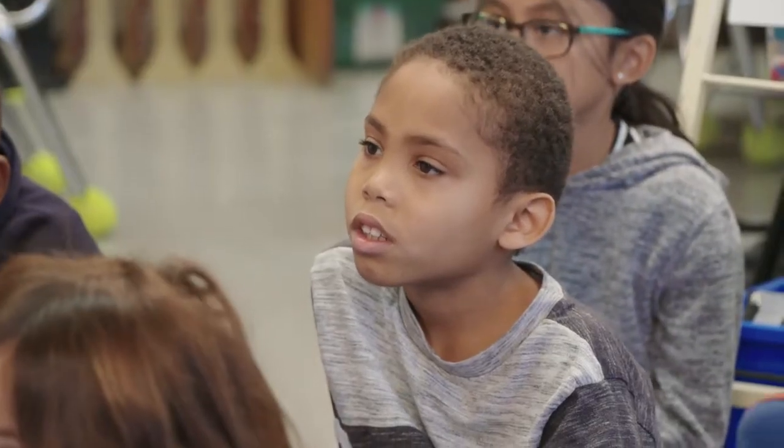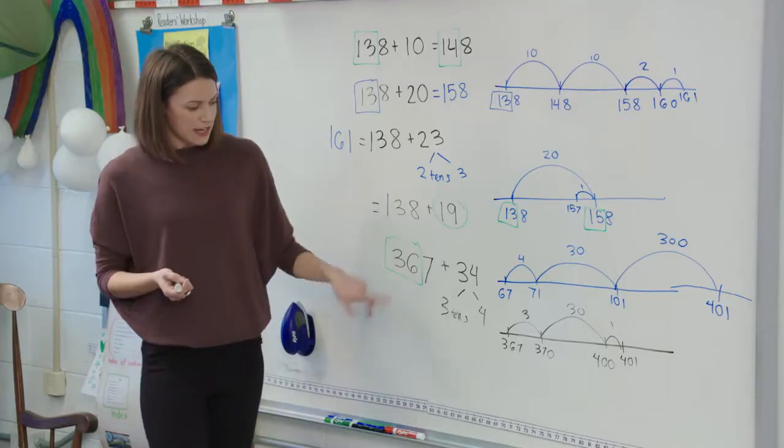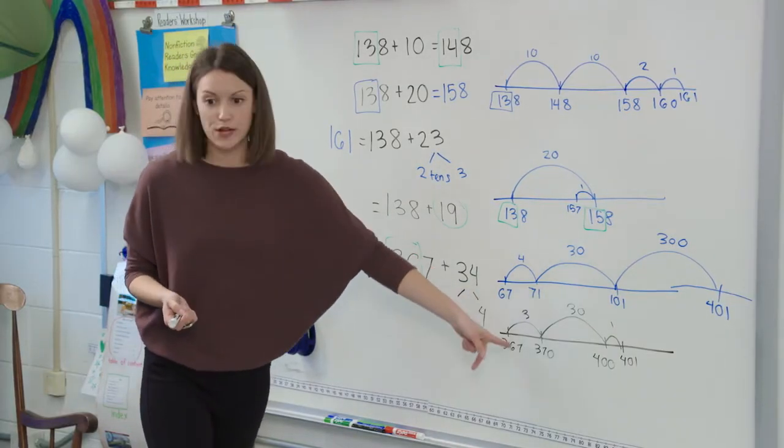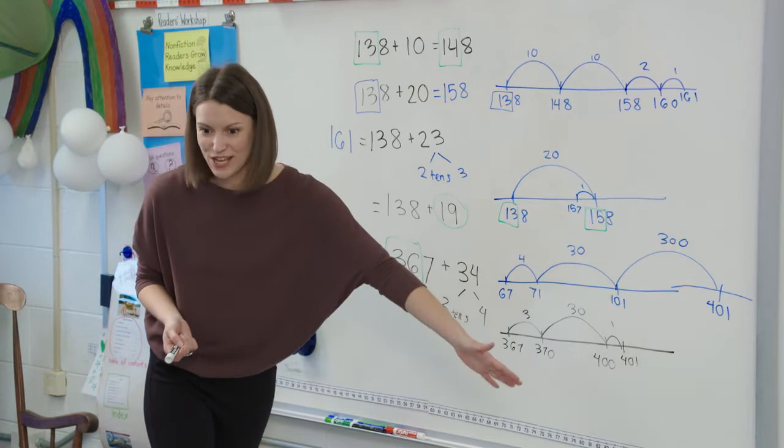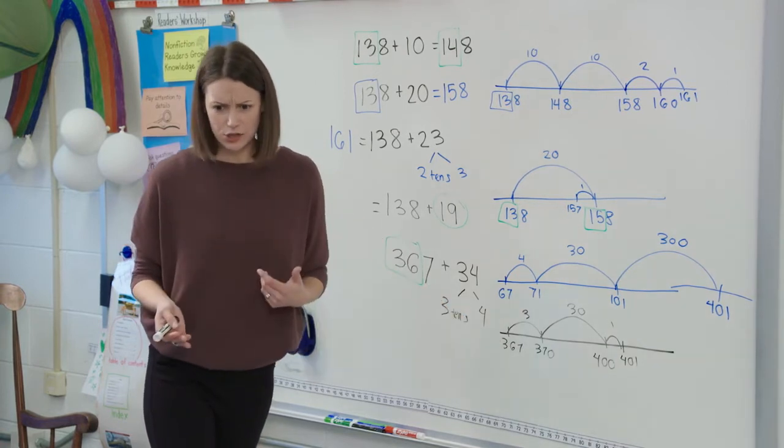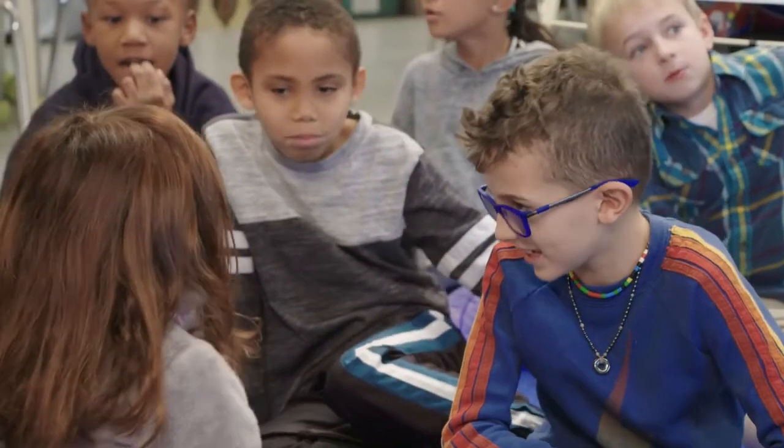Can you turn and talk to your neighbor about why Nikki's strategy of adding the 3 first and then taking jumps of 10 made it easier to work with? Turn and talk. Well, because